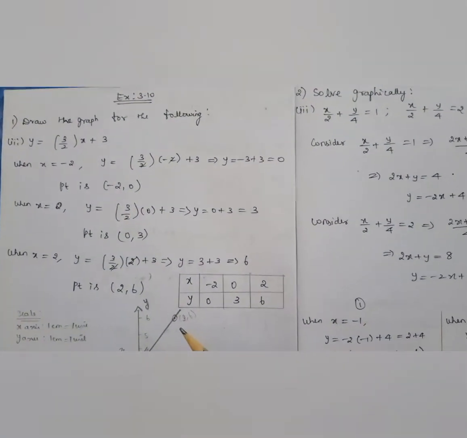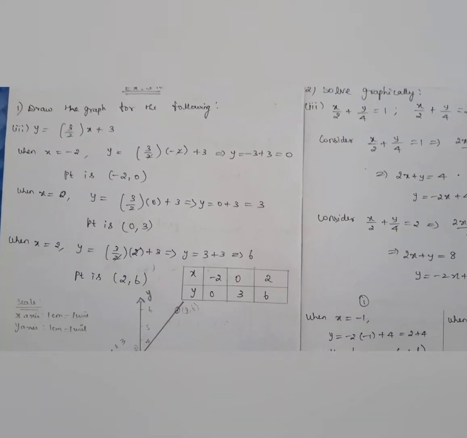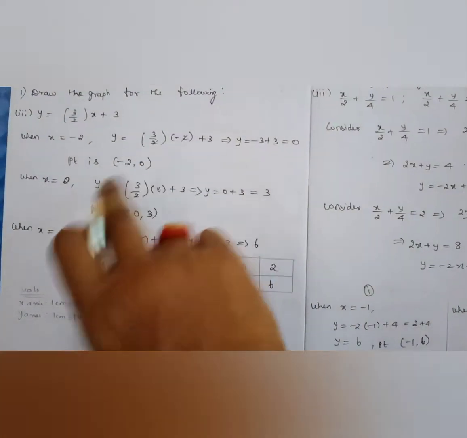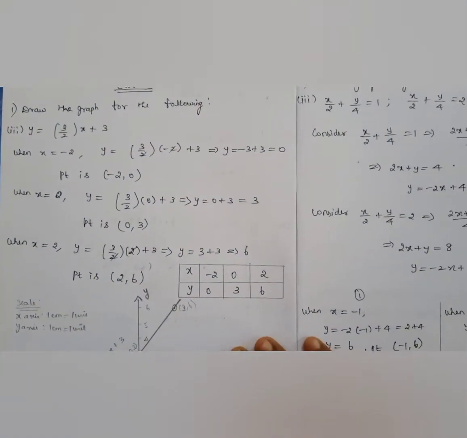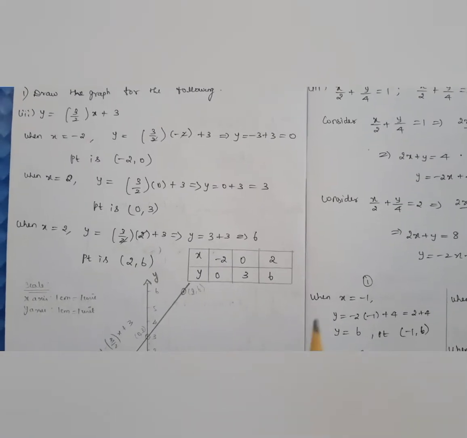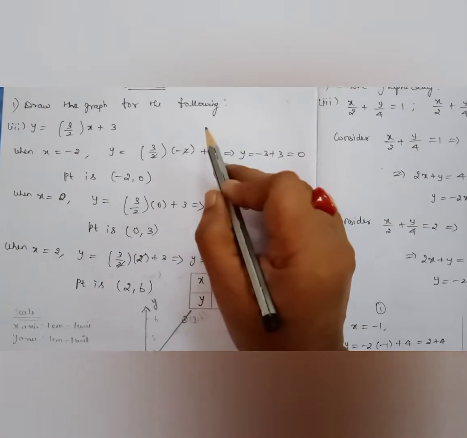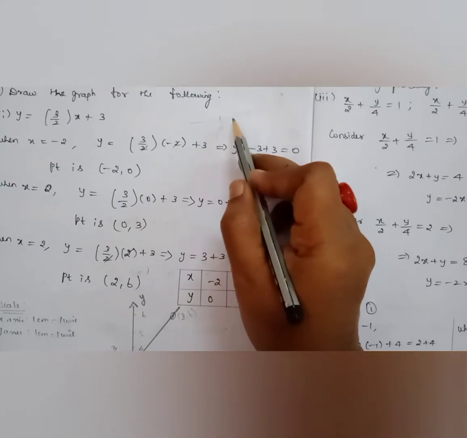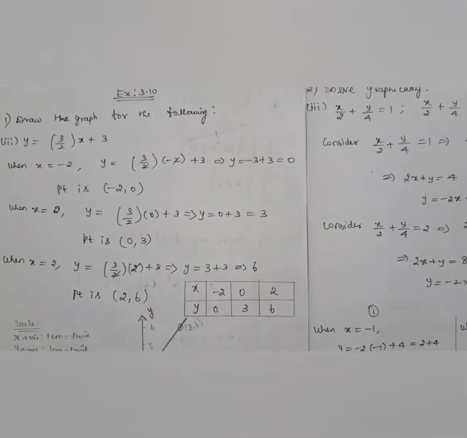So, whenever you are given an equation like this, you should substitute values for x to get the values for y, so that you will get the coordinate which has to be plotted in the graph to draw this line. Okay, first we are going to see how to draw this particular line. So before taking the points, like how you saw in the second chapter, you should have drawn your number line, right? So if you are having the number line like this, in between if you are having 0, here it will be full of negative numbers and here it is going to be positive numbers. So same way you should take values for x.